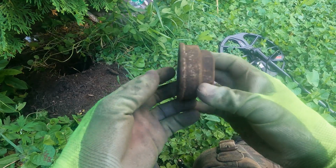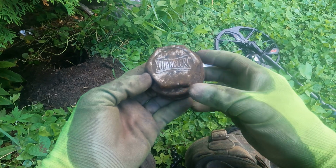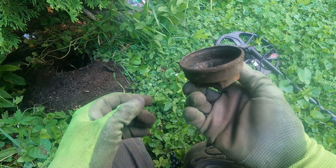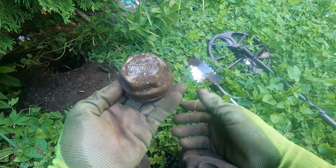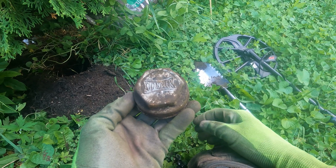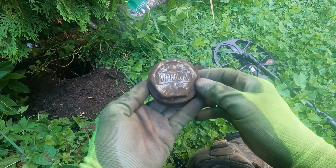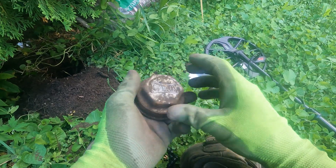Oh, here's an interesting one. Just a relic, but it says Chandler. Kind of looks like it might be a screw-on wheel bearing cover, or who knows, a gas tank cover or an overhead gas barrel. Might need help on this one, guys. Chandler. I will do some research when I get home, but